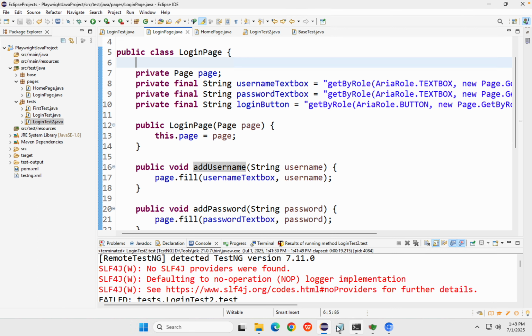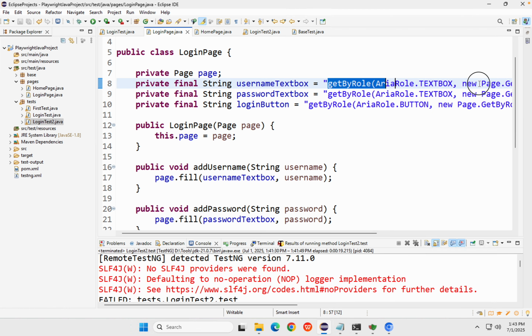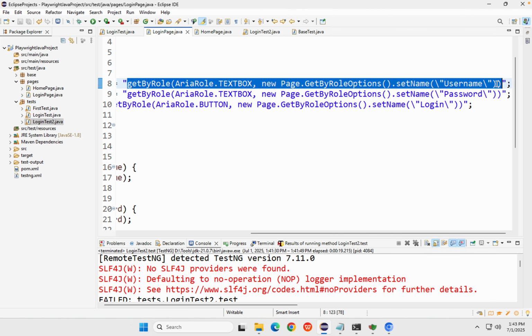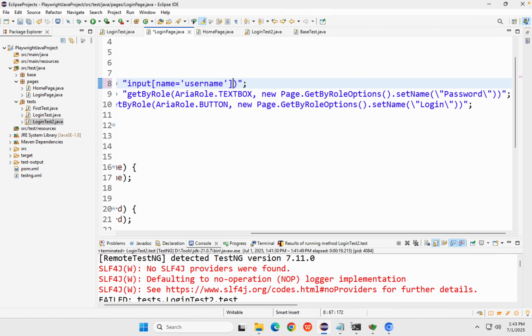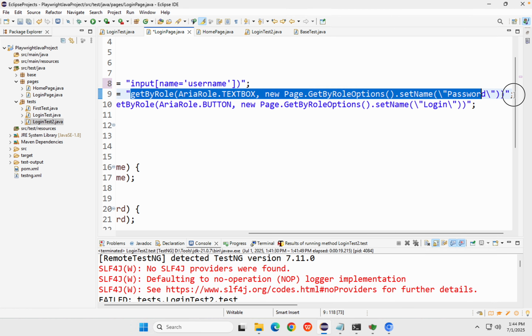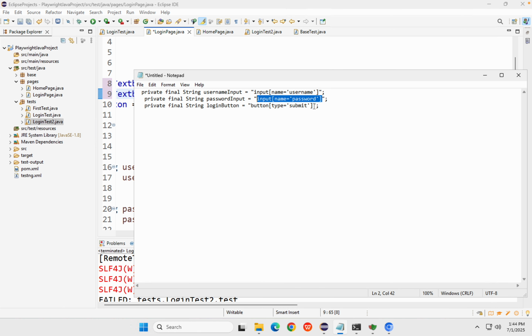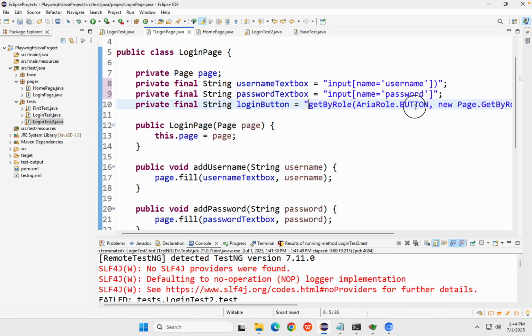So I will say here, instead of all this, I'll just use this for username, this locator for password. So see here we are saying that find an object of type input which has the name password. Okay, and similarly for the login button, we are saying find an object of type